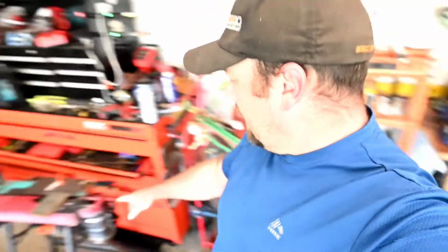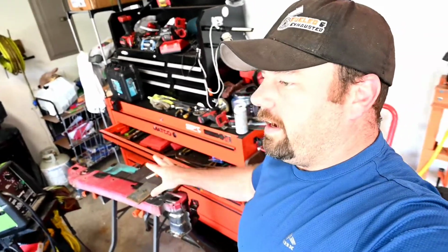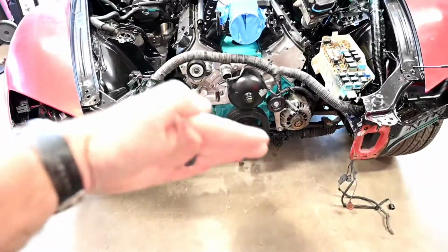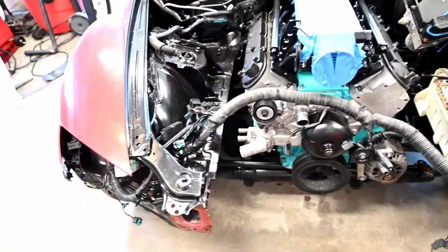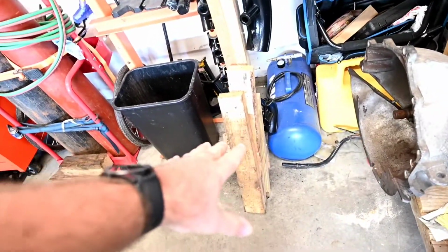Alright guys, so got all that welding done and got this all here good to go. So now all I need to do is situate the radiator inside the engine bay in here so that I can make my measurements and then get the angle correct so that I know how much to take off of the radiator support. And I'm going to use these few 2x4s here to help me hold the thing in place